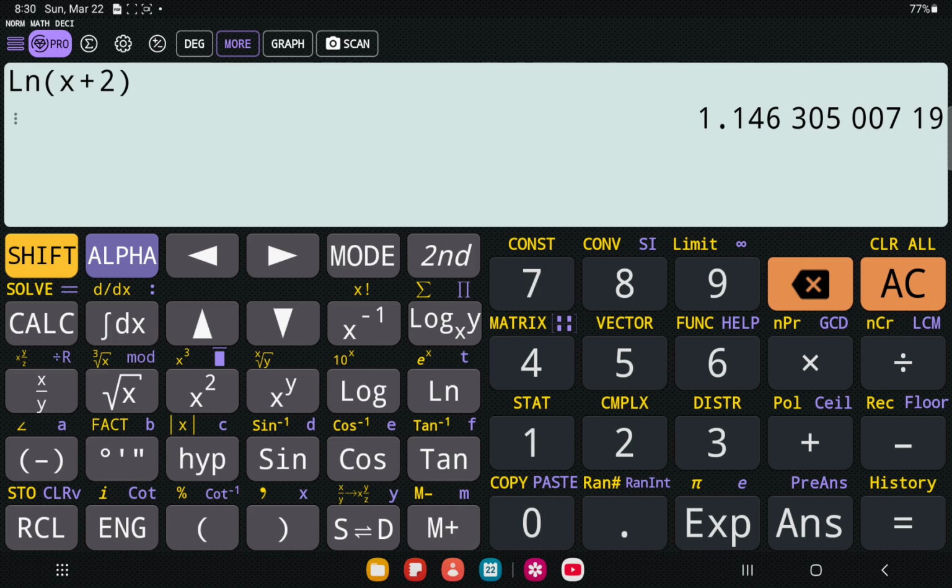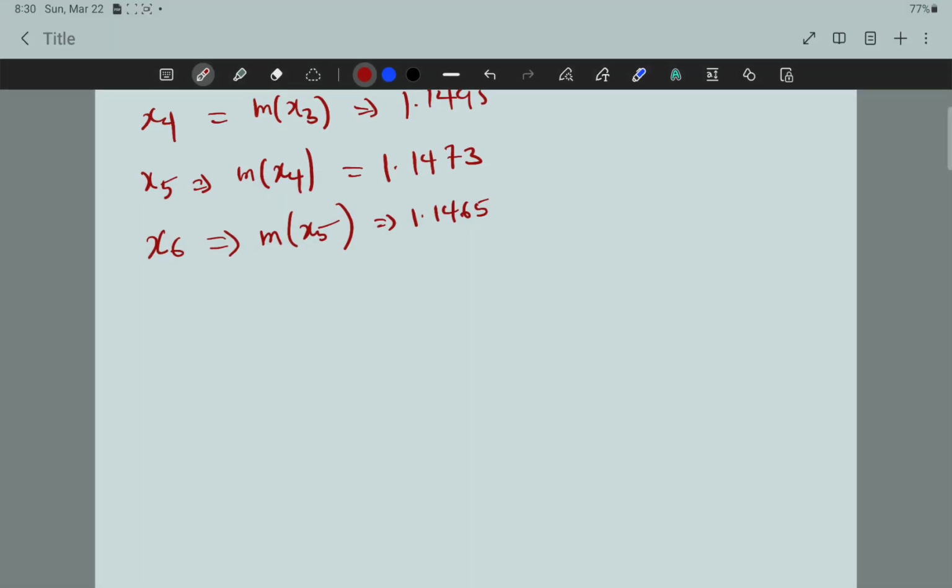You're going to have 1.1463. x7, ln x6. So invariably, since I have 1.1465 and 1.1463,